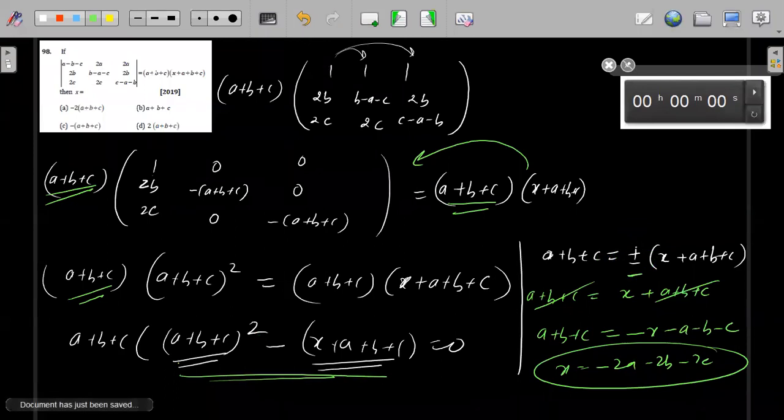of X into A plus B plus C. With plus you will get 0, and with minus you will get the answer which was given. But that option is not there, there is no option. But you will leave this question thinking that there is some option and you might get a bonus, or you will spend too much time thinking where have I made a mistake, because this is such a right question.